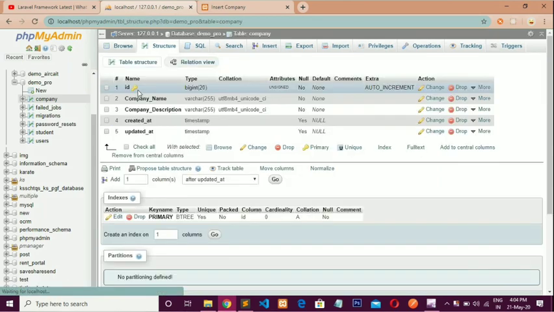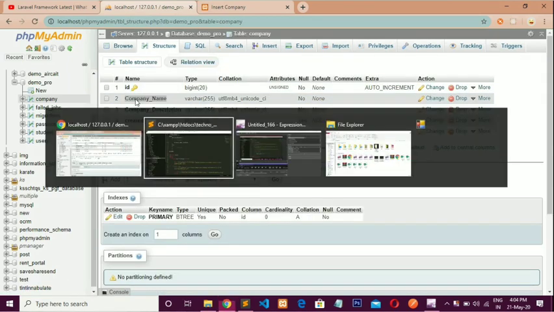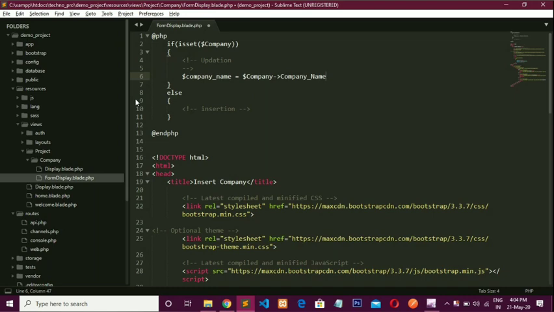Our column name is company name, so copy it and paste it over here.